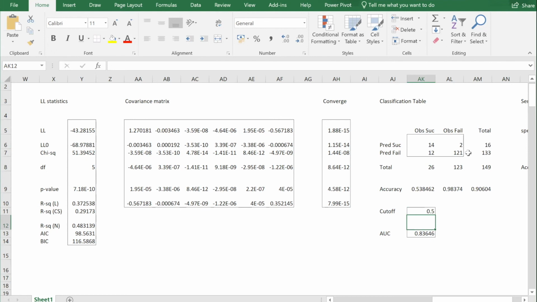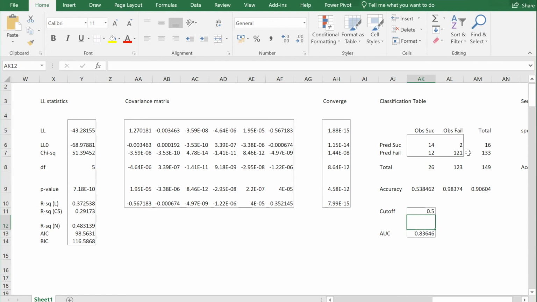Whenever you want to decide whether specificity is important for you or sensitivity is important for you, you can accordingly adjust your cutoff point. Many companies do such calculations to show a higher profit or lower profit, depending upon the objective that the company wants to prove.